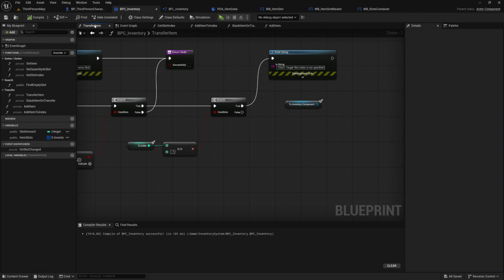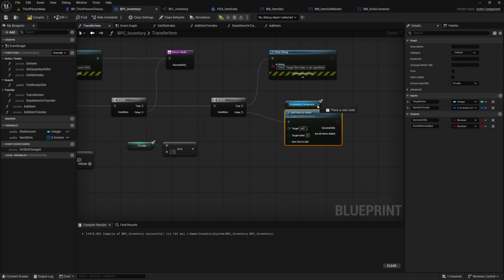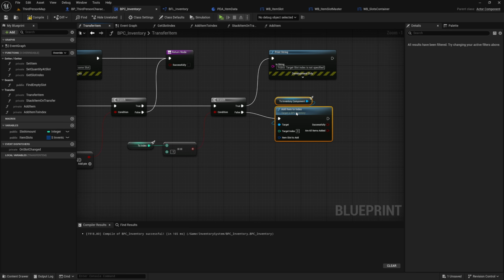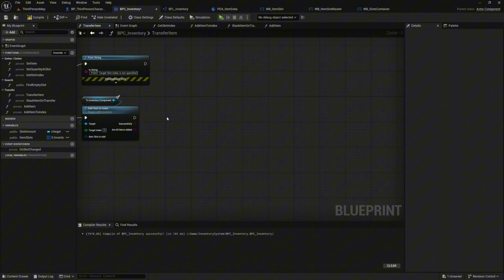Back in the transfer item function, drag the add item to index function onto the false pin of the branch. This should then be executed by the inventory component. Next, we create two branches. We connect the first branch to the successfully returned pin and the second branch to the all items added return